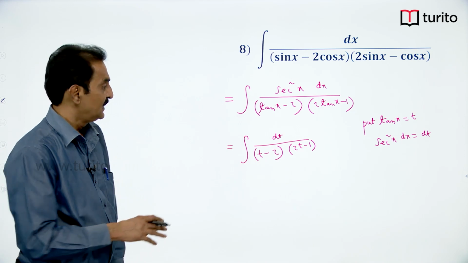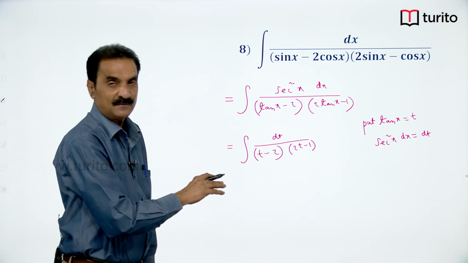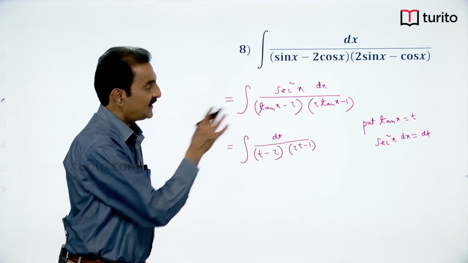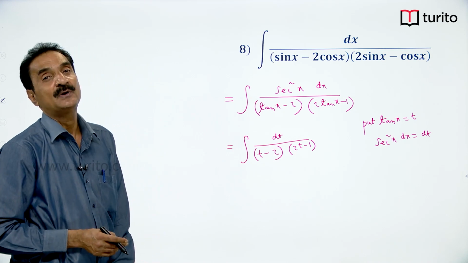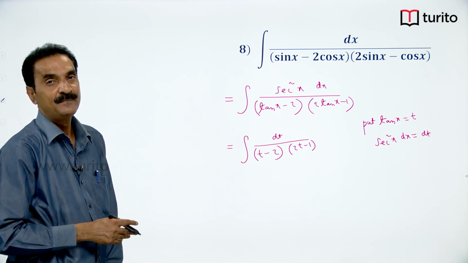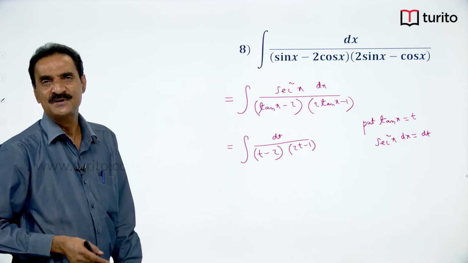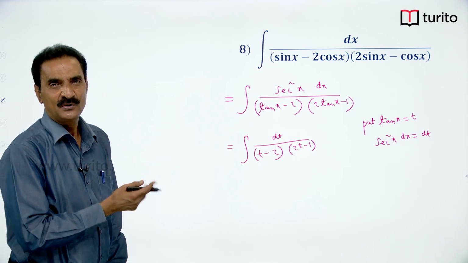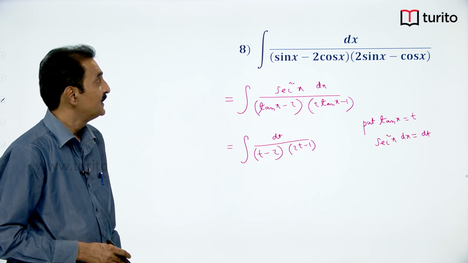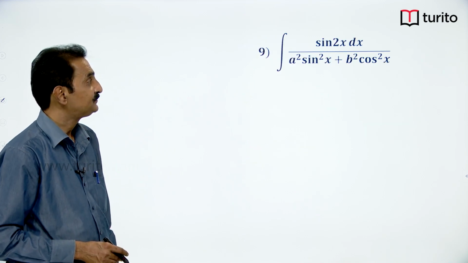Okay. After resolving the partial fractions and integrating, finally you substitute t equal to tan x. Okay. You finish the calculation. It is the same as we have solved many problems in partial fractions, so you can complete it yourself. Next question,